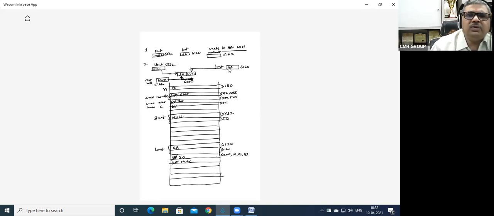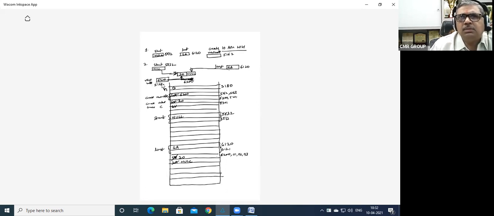Now tell me, how do we assign the value of this address, 6200, to start as well as last? Where is this value stored? 6200 is the base address of this block of memory. Where is it stored temporarily, as of now? Everyone, please tell me where it is stored. Everyone, please unmute and speak.